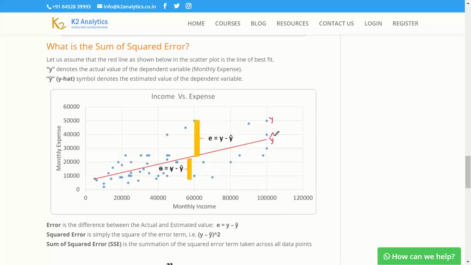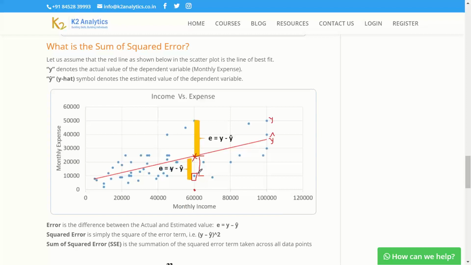Now I am focusing on one particular income, and I am intentionally taking 60,000, because here I've got two data points. For this income, my prediction is this should be the expense. However, there is a family which is not spending very lavishly despite good income.